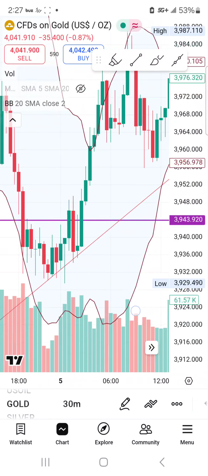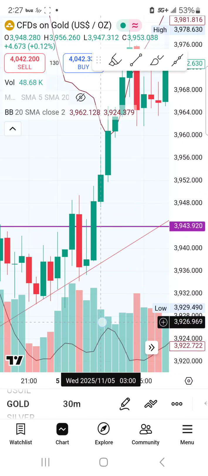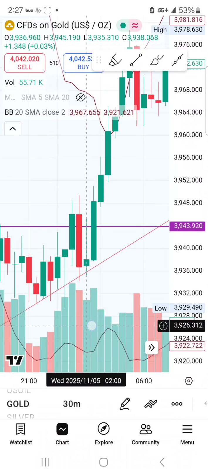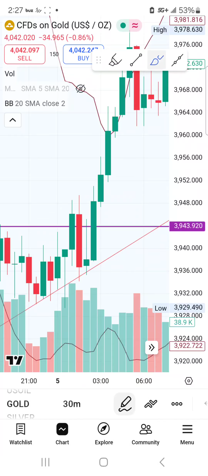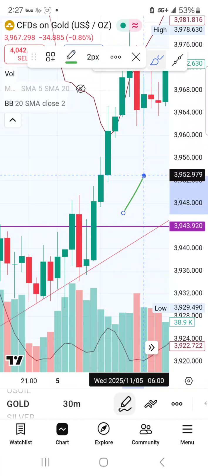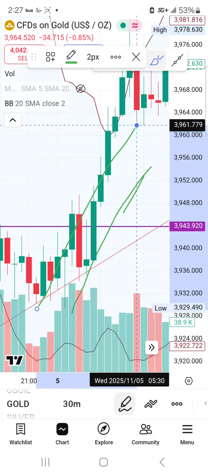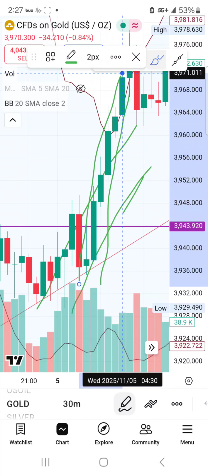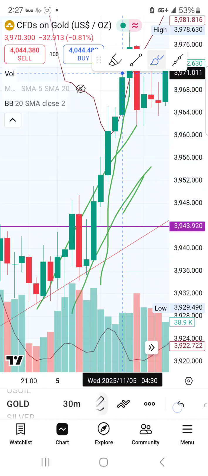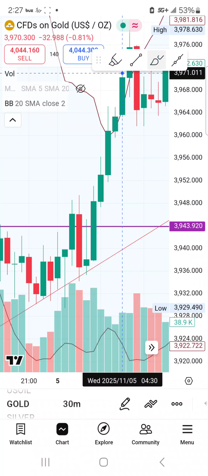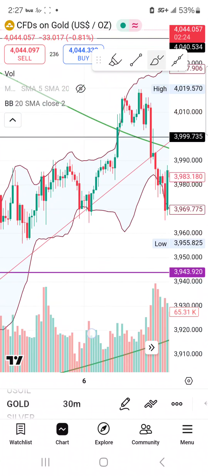The reason why is because this algorithm here supported us for a while, and I'll just go like this to make it clear. This algorithm right there supported us well, even broke out in a stronger precision, and that just made the move even easier. But you have to be plotting those algorithms. This is on a 30-minute chart, so when you have a strong precision like that in the 30-minute chart, it's a beautiful thing. It truly is.